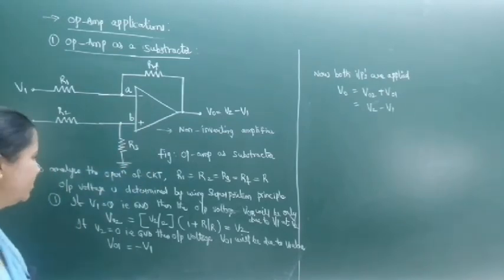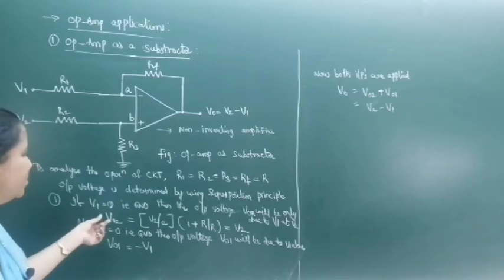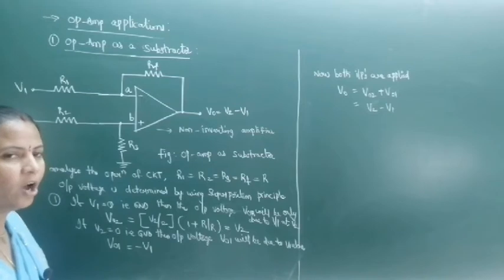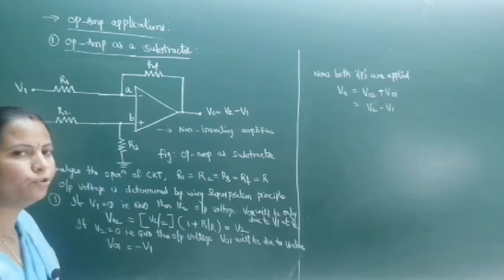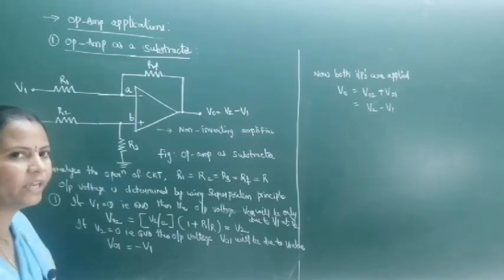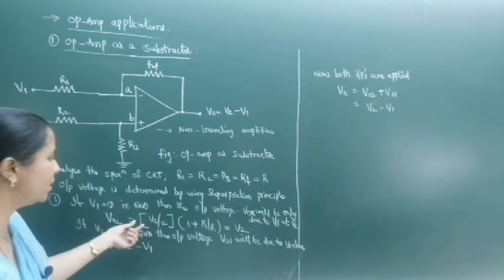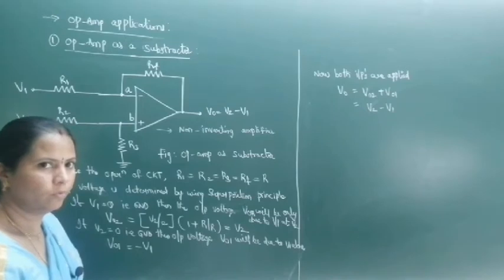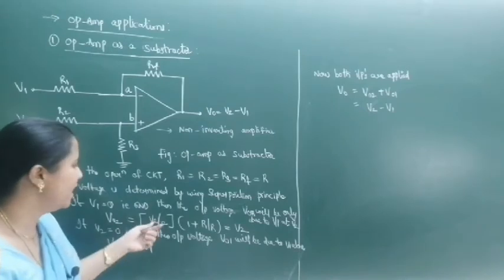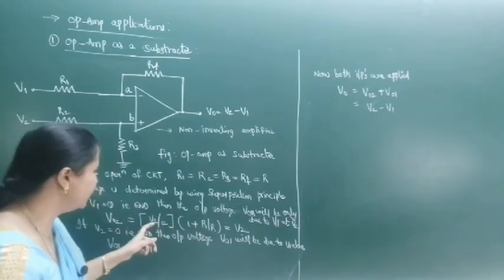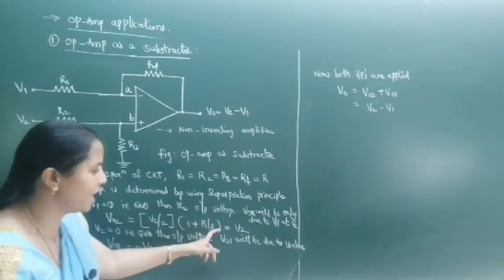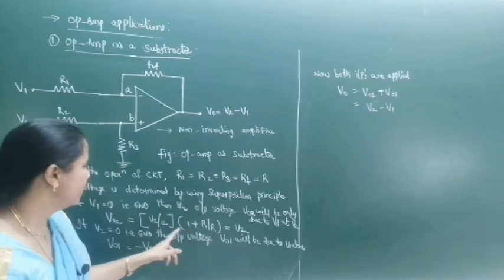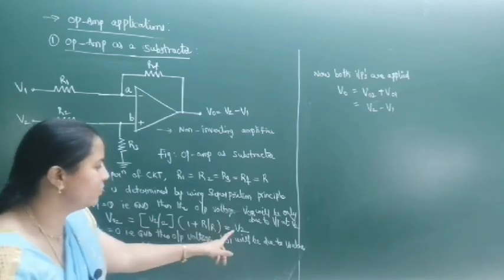So in this stage, the output voltage V02 is equal to the non-inverting amplifier with unity gain, and it is equal to the voltage V2 by 2 with feedback resistor, and it is equal to V2. So V2 by 2 into 1 plus R by R, R gets cancelled, 1 plus 1 equal to 2. So 2 into V2 by 2 means you will get V2.